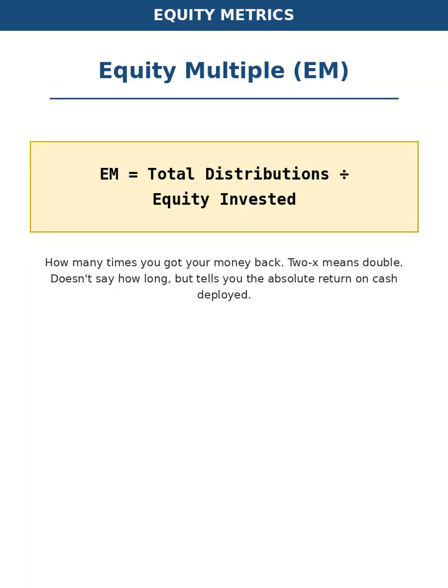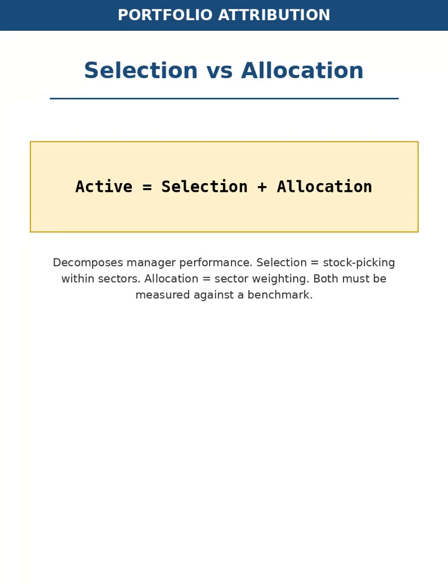Equity multiple, or EM. The formula is total cash distributions divided by total equity invested. It tells you how many times you got your money back. An EM of 2 means you doubled. An EM of 3 means you tripled. It doesn't tell you how long it took, but it gives you the absolute